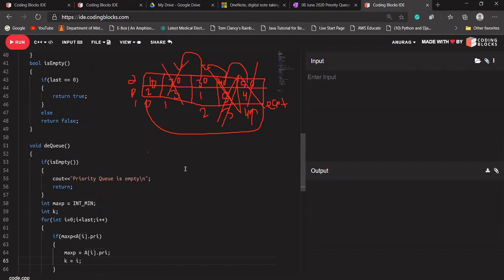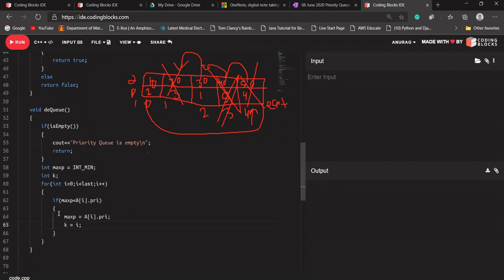Okay, so at this moment in our maxp we have the value that has the maximum priority. Ashish is saying for arrays a[0] refers to the first element,